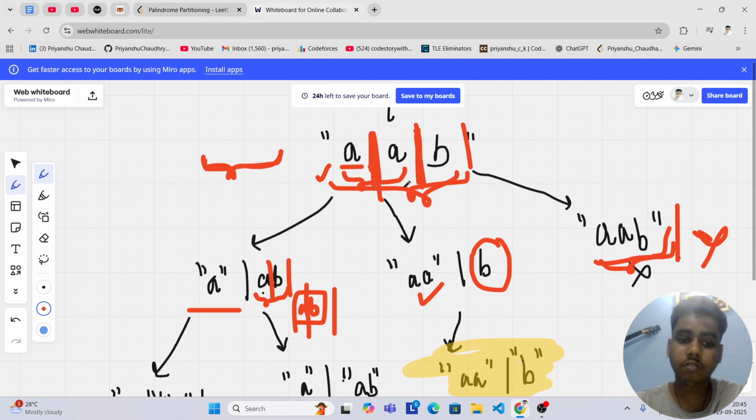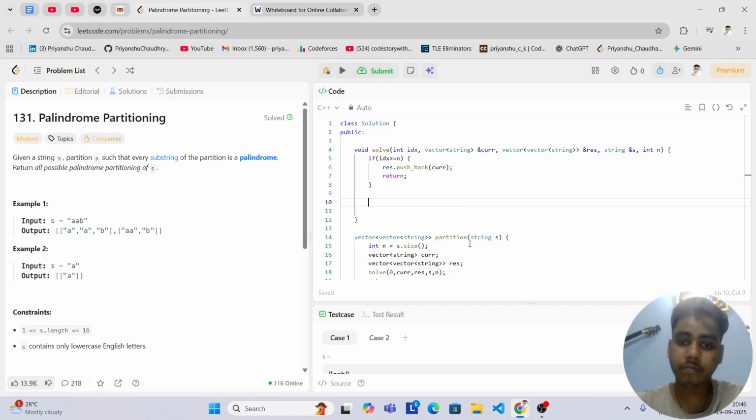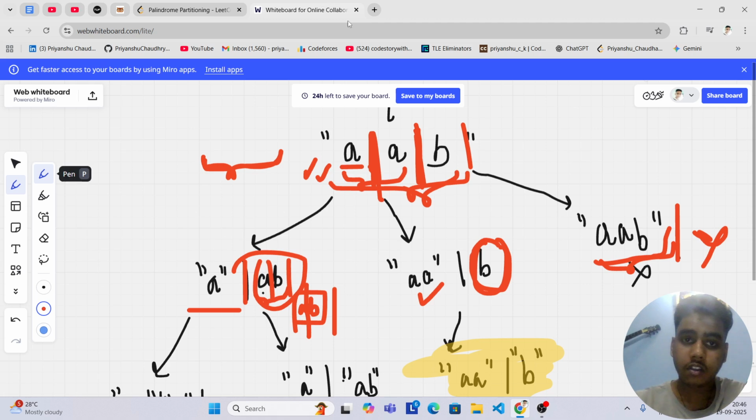There is another method to not use a for loop and write pure recursion, but here I am using a for loop because it is very intuitive: first I apply a partition here and check the rest of the string, then apply a partition here, then here. So I'm using a for loop directly. Where does the for loop start? The index I was passing was 0, and I will iterate from the current index